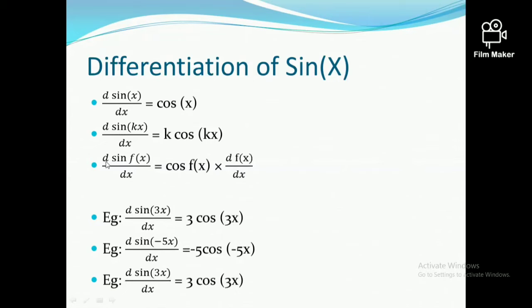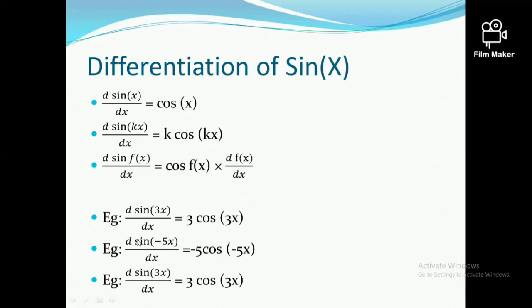The third extension is if you differentiate sine fx, meaning fx is some kind of a function, just like x squared plus 2x or 3x squared. In that case, you can write the answer as cos fx into, now you need to differentiate the function over here. That is the answer for that. In future questions, let's try to understand how to get the answer for such situations. For example, if you want to differentiate sine 3x, the answer is cos 3x, then differentiate 3x. The differentiation of 3x is 3. That is why this 3 came over here.